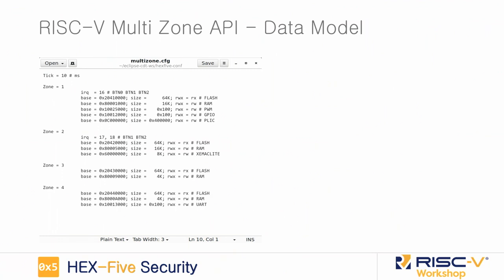So I'm just going to go into the details of the first one here. You define a set of zones, as many as you want. In this case, we have 4. And for each zone, you memory map the resources, and you say where they are and what they are. So zone 1 is using this bit of flash, and in fact can read and execute. This bit of RAM, and in fact can read and write. By the way, it also uses the PWM, which changes the color of the LED. And if you remember the schema there, moves the robotic arm, GPIO, and PLC. This guy uses the Ethernet. And this guy uses nothing at all because it's the root of trust. Now, look at the interrupts. They are specifically mapped to each one of the zones, okay?